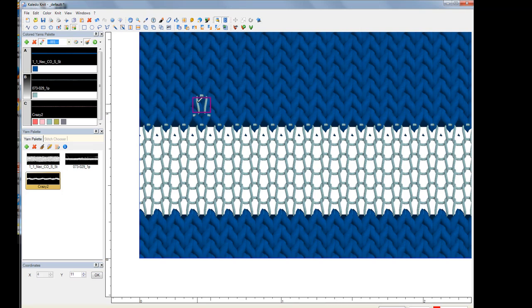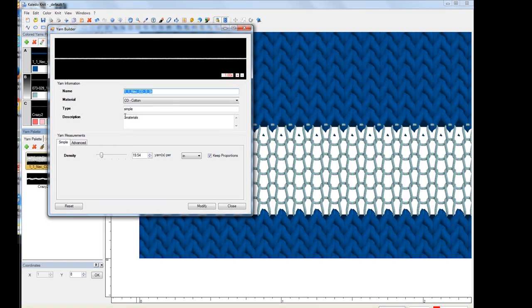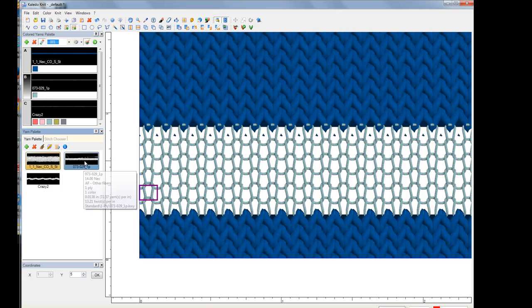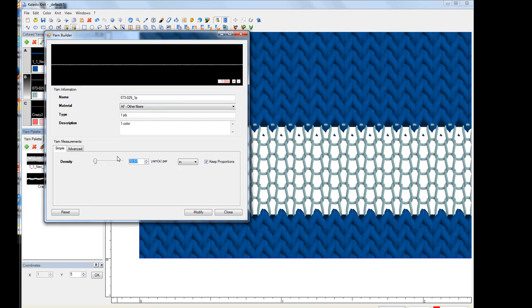If it's too fine and I want to make it the same thickness as yarn A, what I'm going to do first is I'm going to tap on my yarn that I'm using for A in the yarn palette. Here it shows me that the yarn density is 19.54 per inch. So I'm going to leave that alone. I'm going to tap on my B and I'm going to change the density of that yarn here. I'm going to make it the same